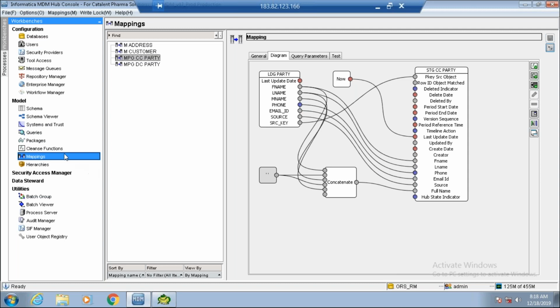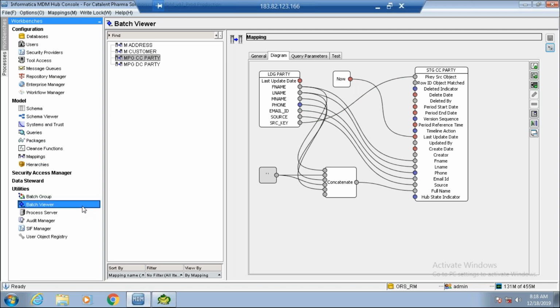And you can explore it by going back to the cleanse functions, and I'll give you a document of all these cleanse functions available. Maybe not everything, but most of the things are covered in those documents. Because that was from the old version. So now it will pick the sys date at that particular point of time when the job is running. Since the last update date is null in my landing table, I always update my last update date to now.